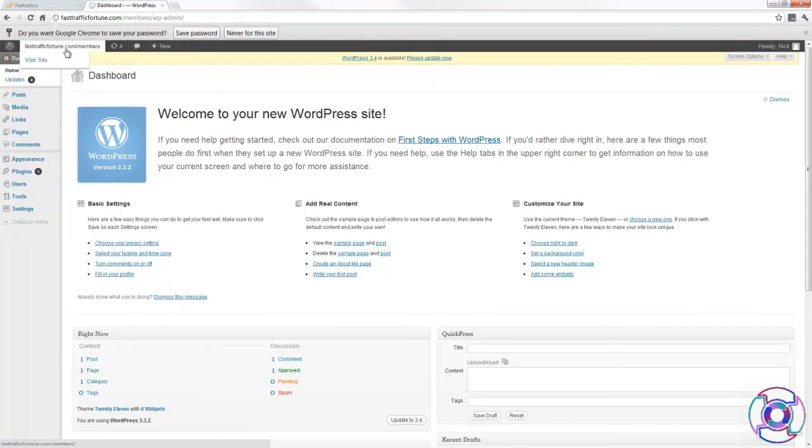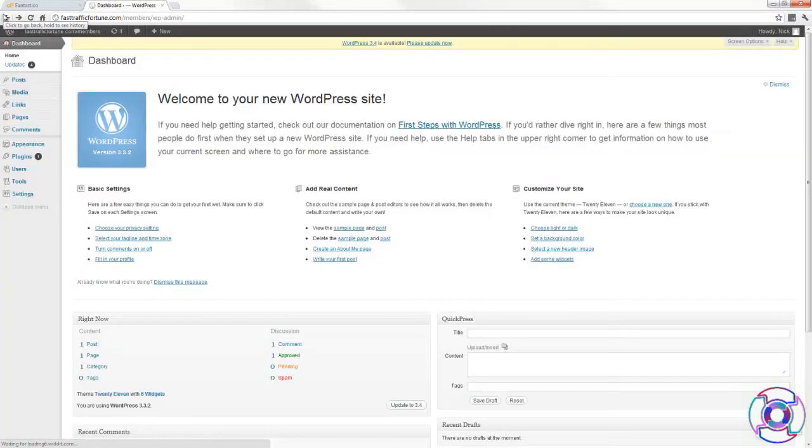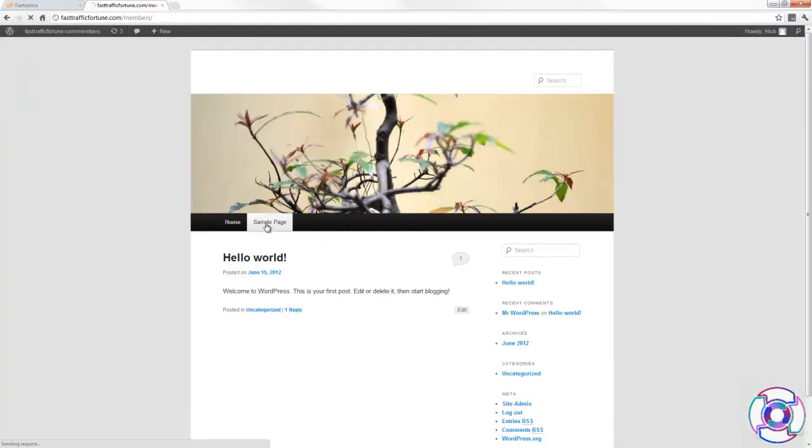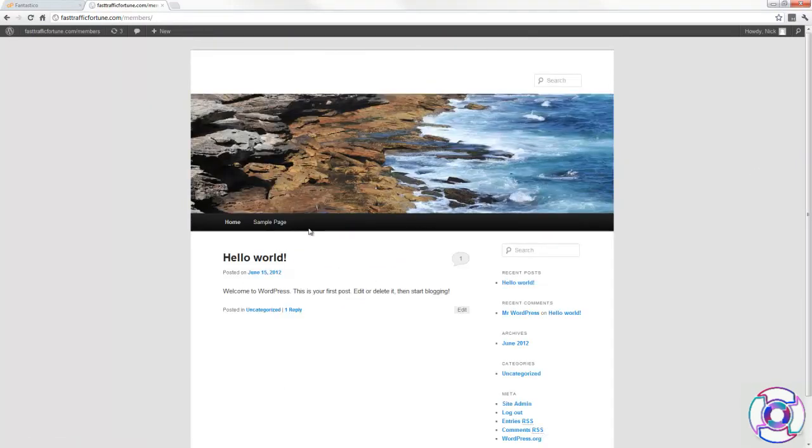Okay, so if you'll notice here, there's a couple things you want to go ahead and just delete right away. First is this sample page. It's just a sample of a page, basically. So you may want to come in, and this is specifically for blog purposes. If you're going to make a blog out of this, then this is what you would do. If you're going to make a members area out of this, then I'll show you how to do that as well. But basically, go back here and go to pages,